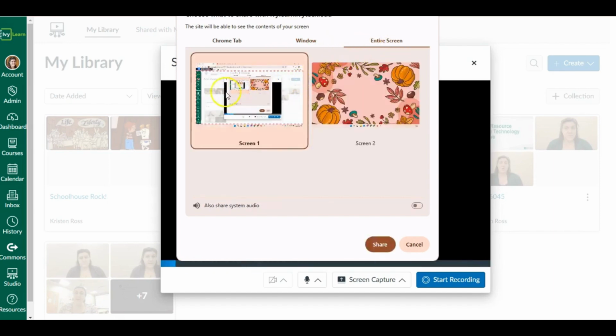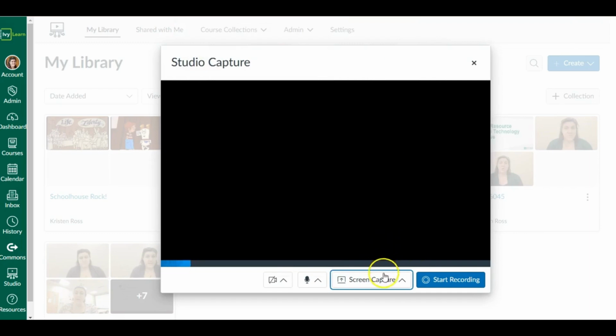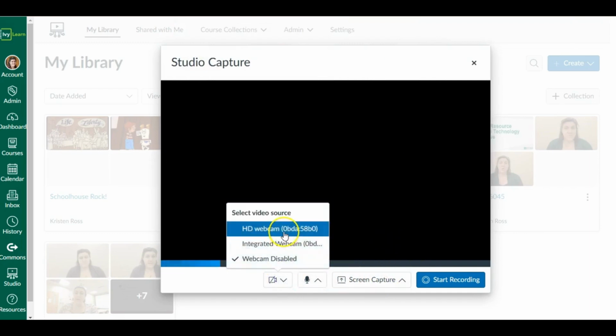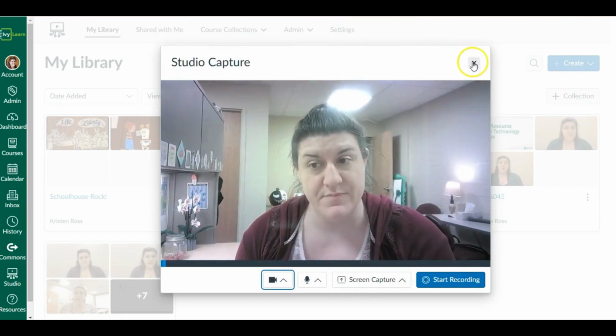So right now, this is the screen that I'm recording on. My second screen right now, which is in another external monitor, doesn't have anything on it except for my little background here. So you have your options as far as what you would want to share or record if you wanted to do a screen capture with Studio Capture. So your options are there.